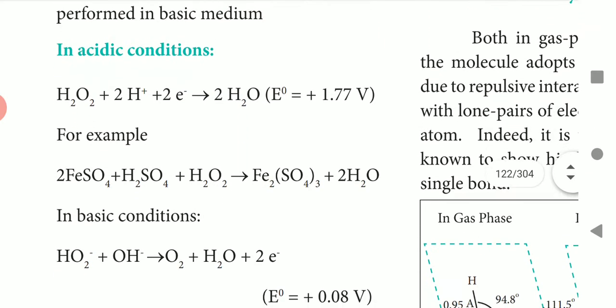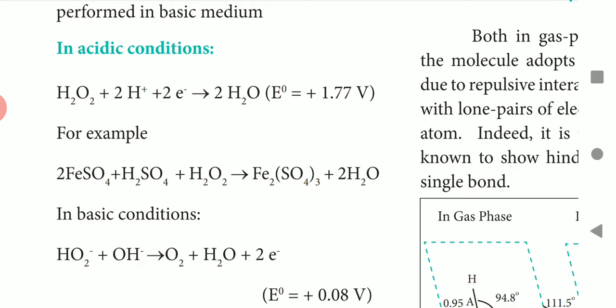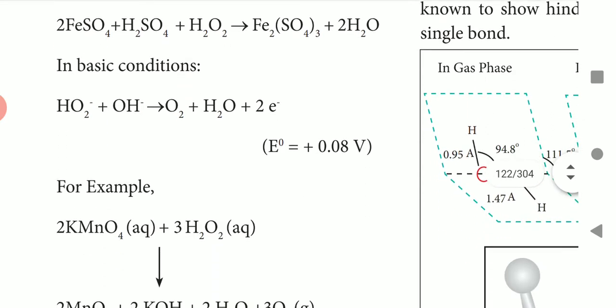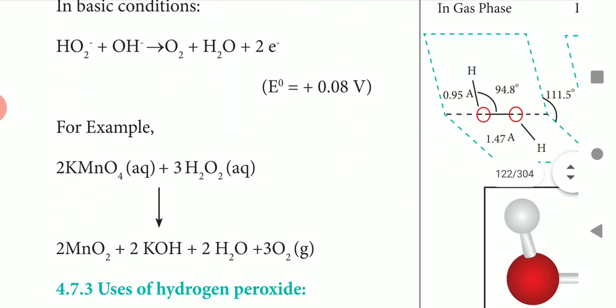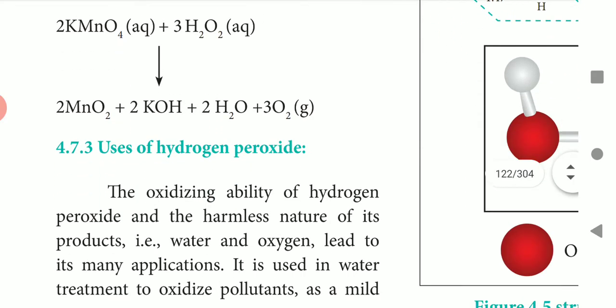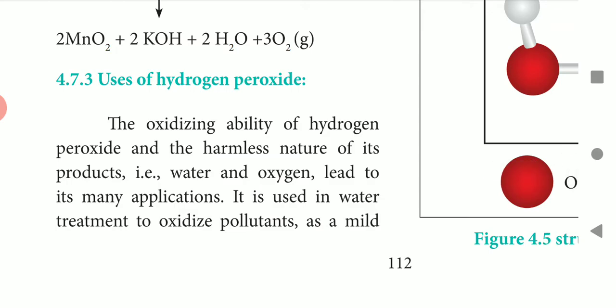In acidic medium, you can see there is addition of electrons, and you are adding an acid there, so it is forming water. In the same way, in basic conditions also it is happening. For example, potassium permanganate reacts with hydrogen peroxide to give manganese oxide, potassium hydroxide, water and oxygen. Uses: the oxidizing ability of hydrogen peroxide and the harmless nature of its products, that is water and oxygen,